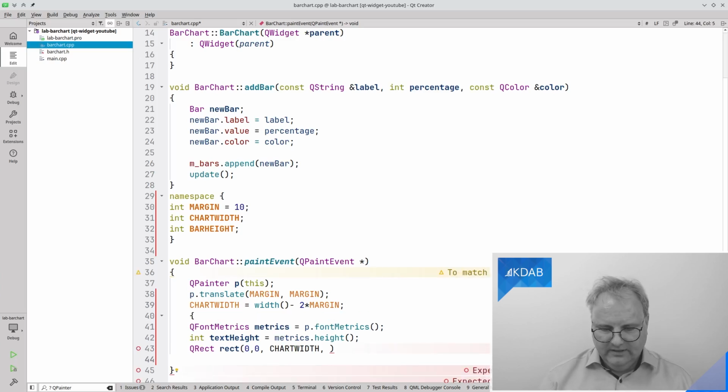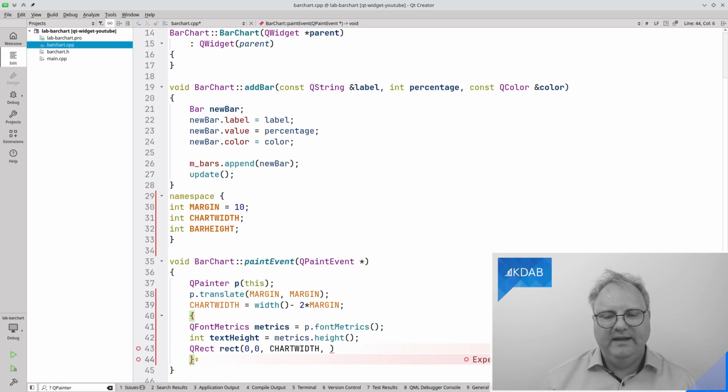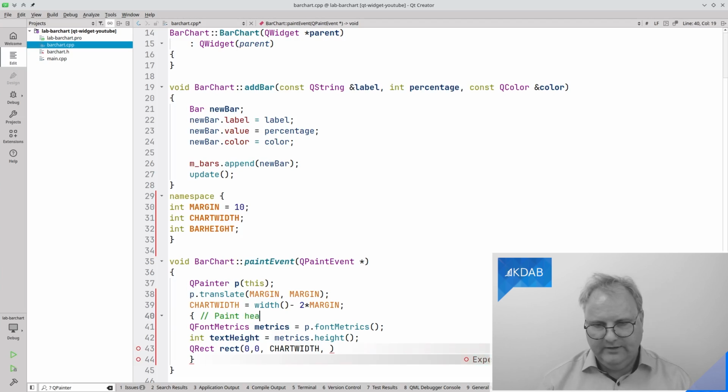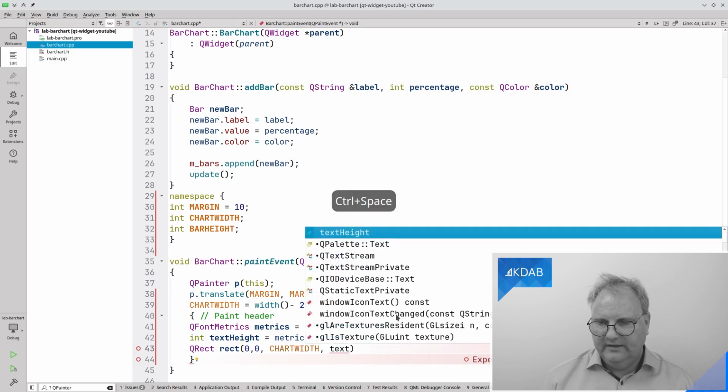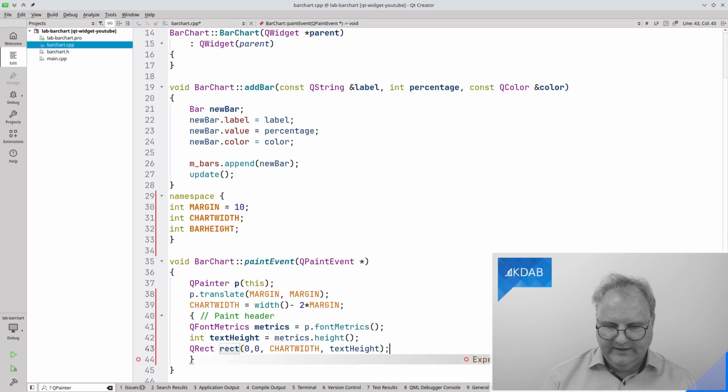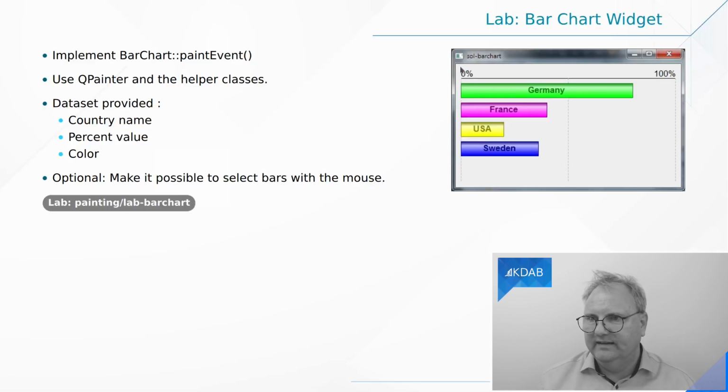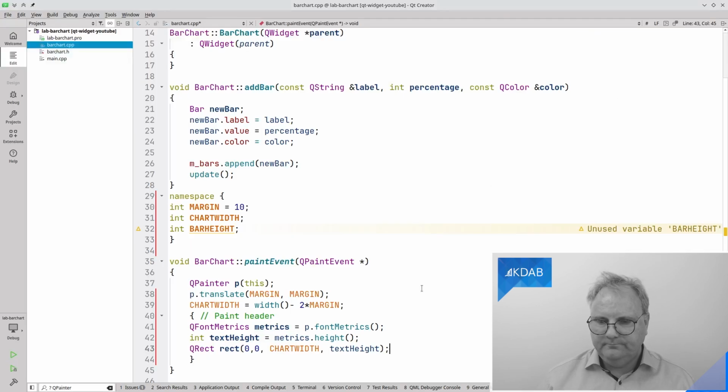I like doing scoping like this when I paint stuff, because it also makes it easier for me to add some comment here, like paint header. Okay, that's the chart height, and that's the chart width, and then the text height, that is the rectangle that starts at this point here and ends at that point down there.